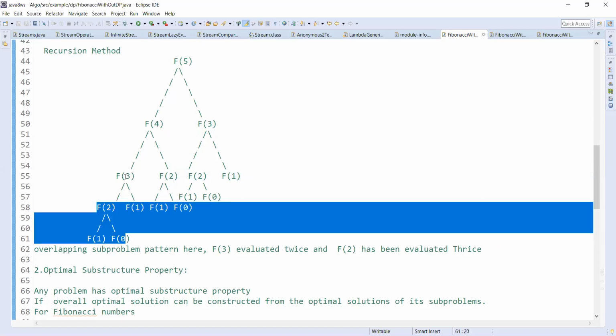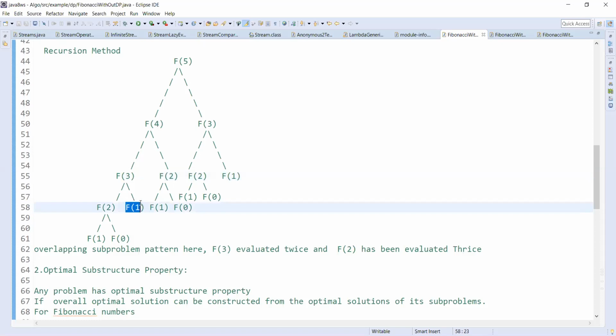Then we come to the right side, f of 1, and f of 3 is computed now. Then we come to f of 4, the right side f of 2, and again compute f of 2, but to compute f of 2 we again compute f of 1. So we are calling 2 power n times.